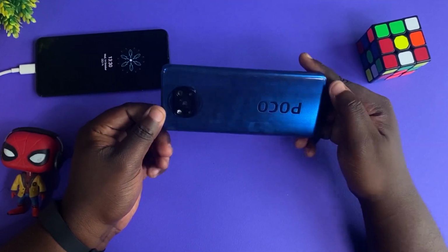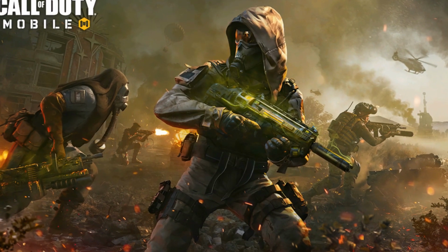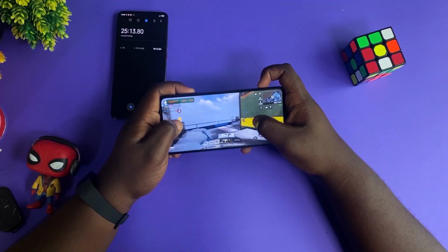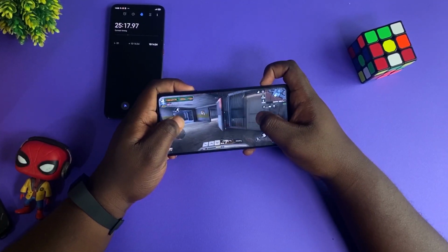We'll be playing some high-level demanding games such as Grimvalor, Call of Duty Mobile, Asphalt and PUBG. This video is made for you to know how well these games perform on the POCO X3 NFC, and if